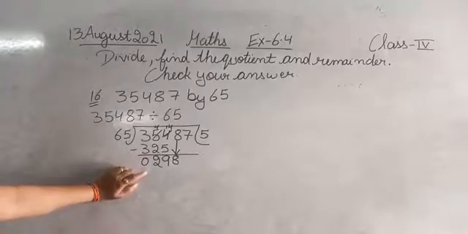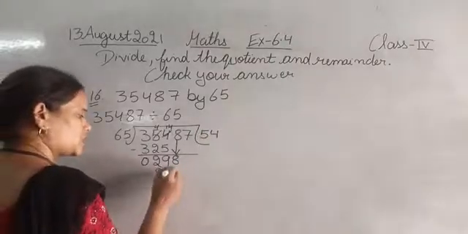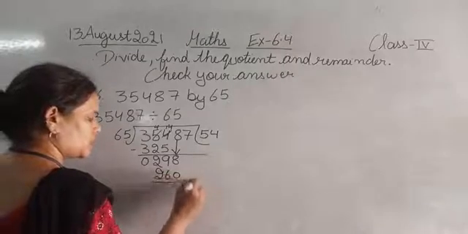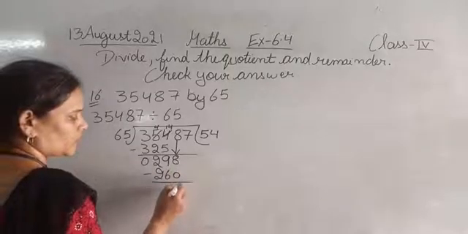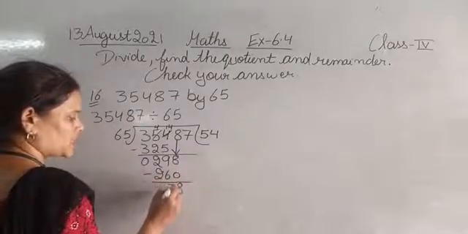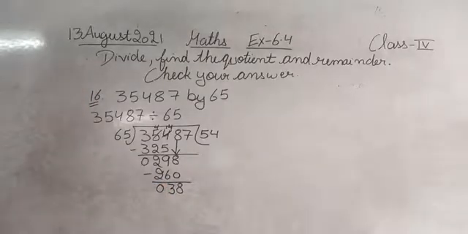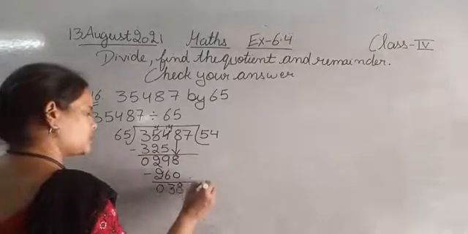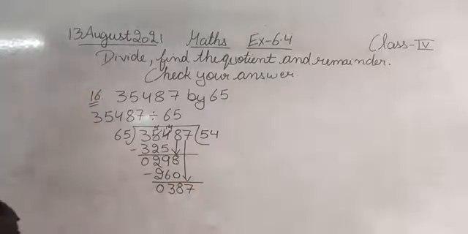So 65 fours are 260. 8 minus 0, 8. 9 minus 6, 3. 2 minus 2, 0. So 298 minus 260, that is 38. Now bring down the next number in the dividend, that is 7. So now the number is